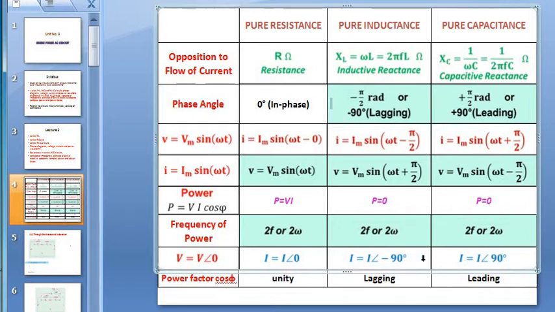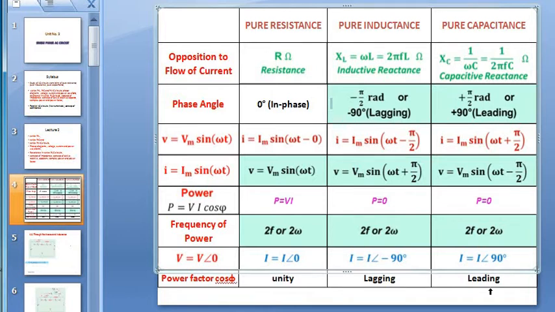While plotting the phasor diagram, the minus 90 degrees means the current is lagging behind the voltage by angle 90 degrees. So, where to draw the current phasor? If the voltage phasor is drawn at the positive x-axis, this current phasor is to be drawn after 90 degrees. Minus 90 degrees means lagging, and lagging should be drawn in a clockwise direction. Therefore, from the positive x-axis at 90 degrees, draw the I in clockwise direction.